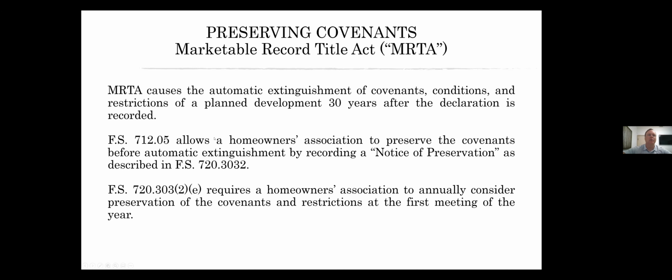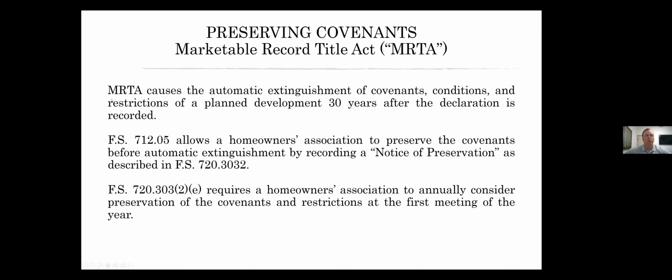And basically you want to keep it alive. You don't want your declaration to expire, because then your neighborhood will not be subject to any rules, and people can do things that may be incompatible with your association layout or aesthetics.